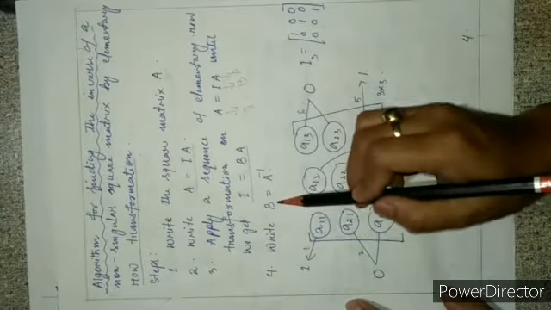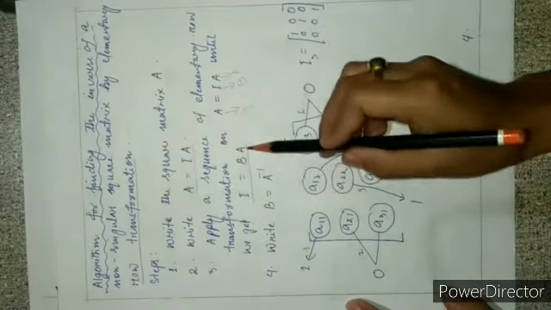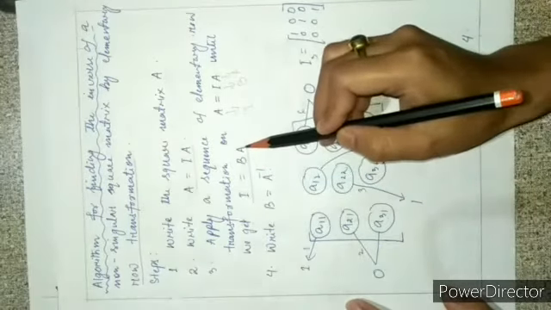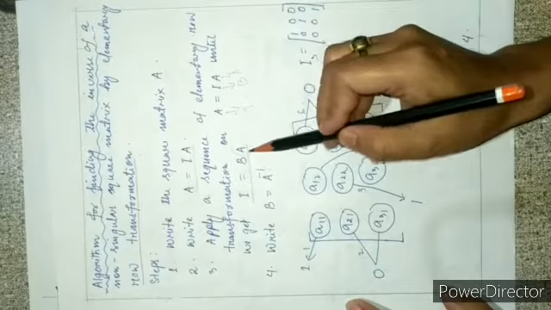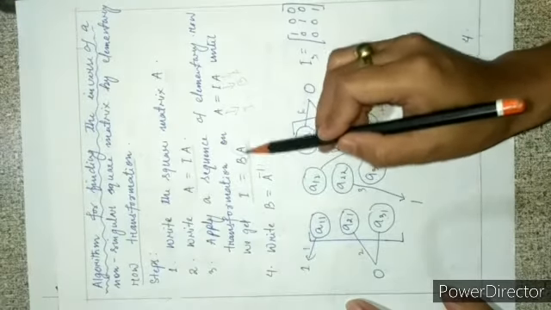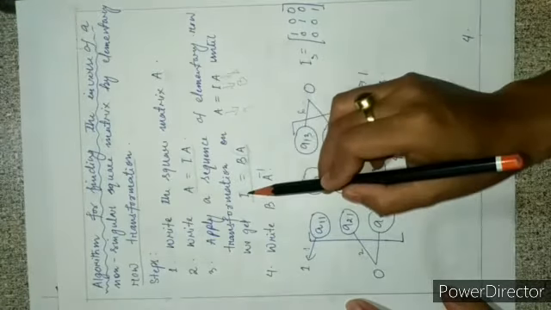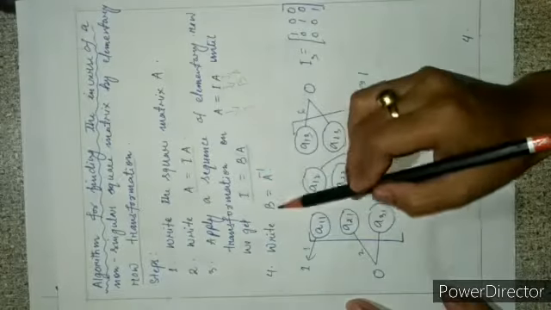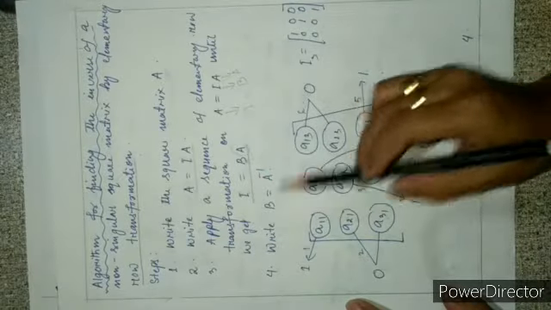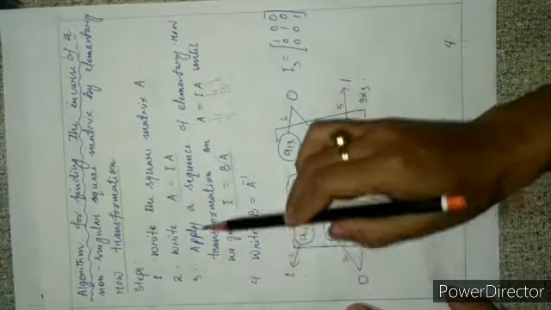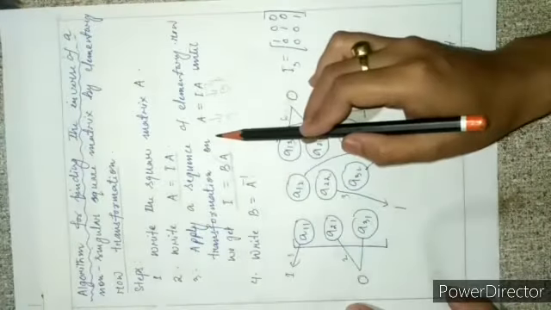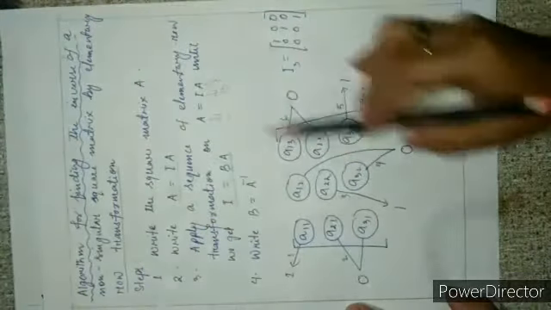Then write B is equal to A inverse by the definition of inverse of any matrix A. For any matrix A, there exists another matrix B, and A multiplied by B is equal to identity. So the inverse of A should be equal to this matrix B. For step number 3, apply a sequence of elementary row transformations. These elementary row transformations will be